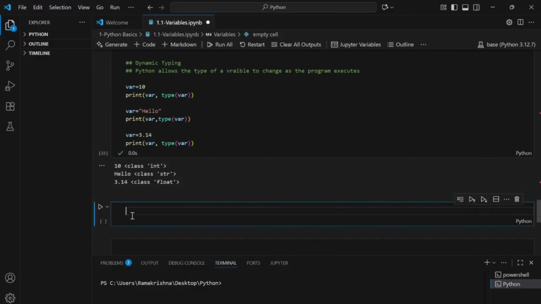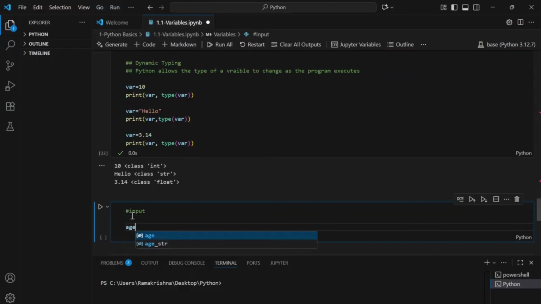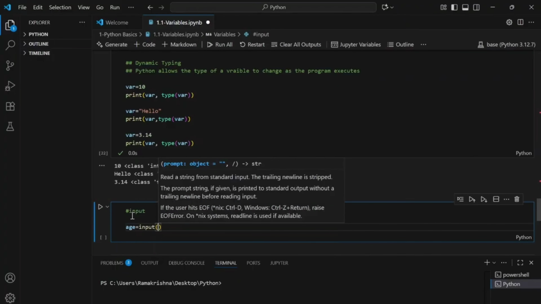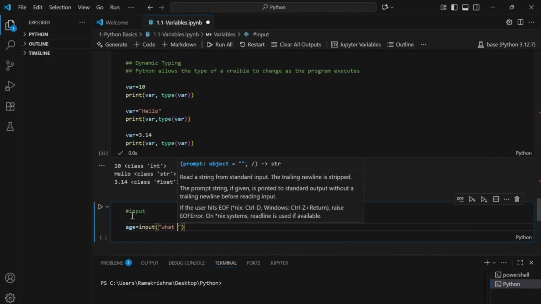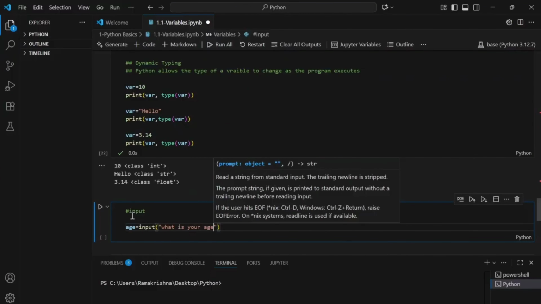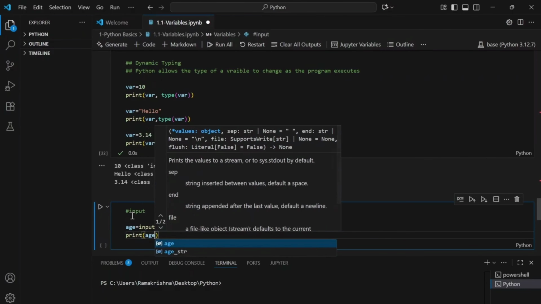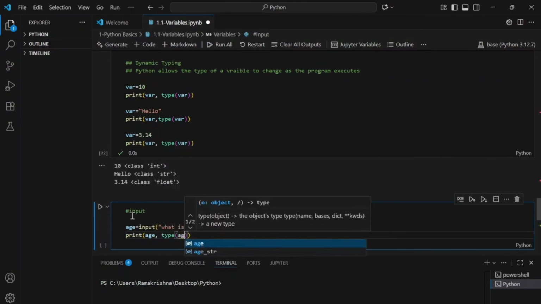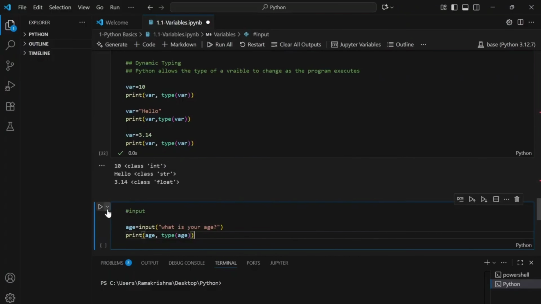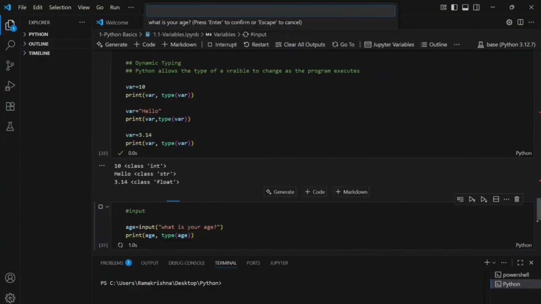Okay, now we'll learn about how we get input from a user. Let me just type age is equal to input, and I'm asking "what is your age". And I'll be printing age, comma, type of age. So if I run this command,